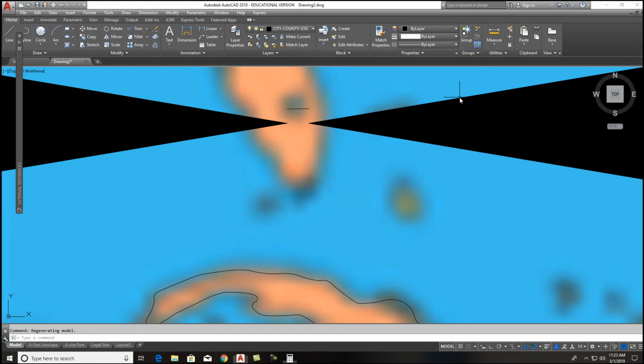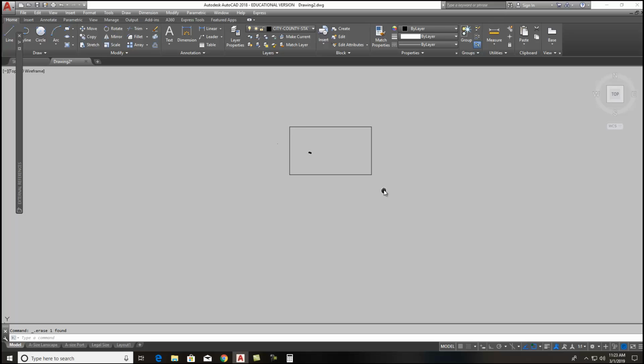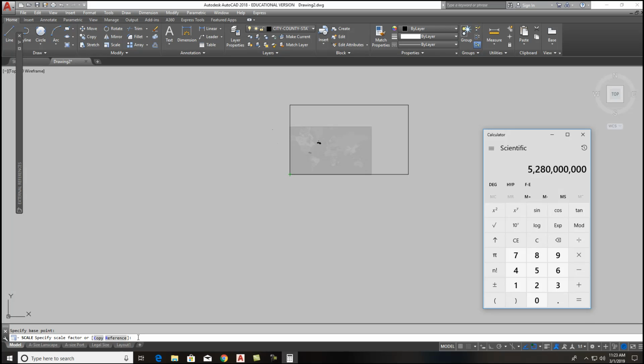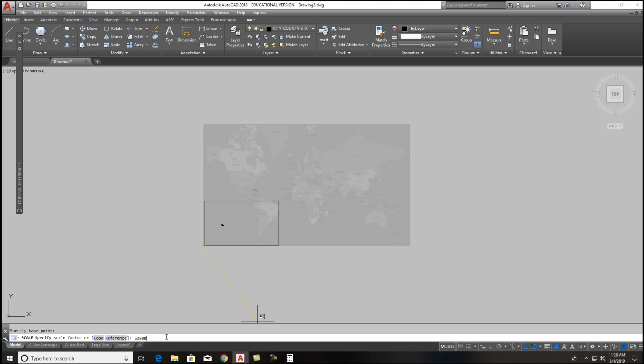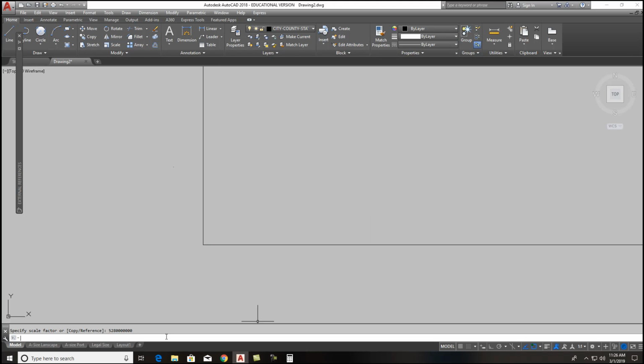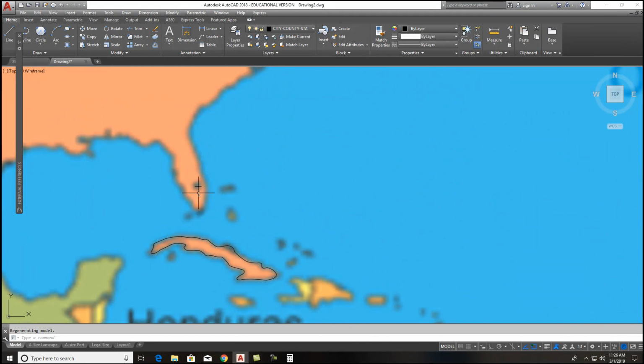All right, so I want to click back on this and back up. I'll get rid of that, and I want to go in here and click on all of this and go to scale. I'll just hit that point right there, and then I want to type in this massive number. It's a big number. Hit enter, and we've got it. Z for zoom, A for all, and we've scaled it up to the correct scale according to what we were looking at. Now if I go back in here and put in a dimension,